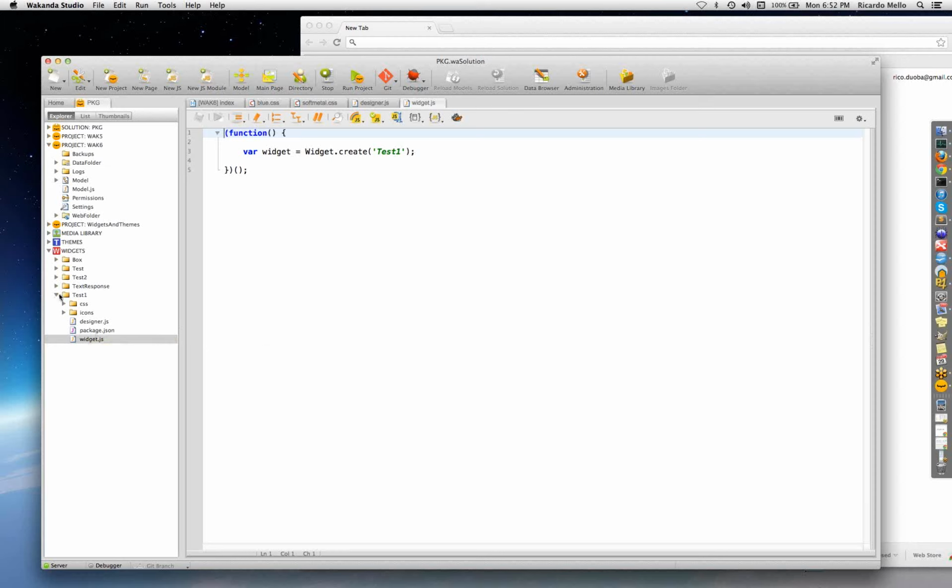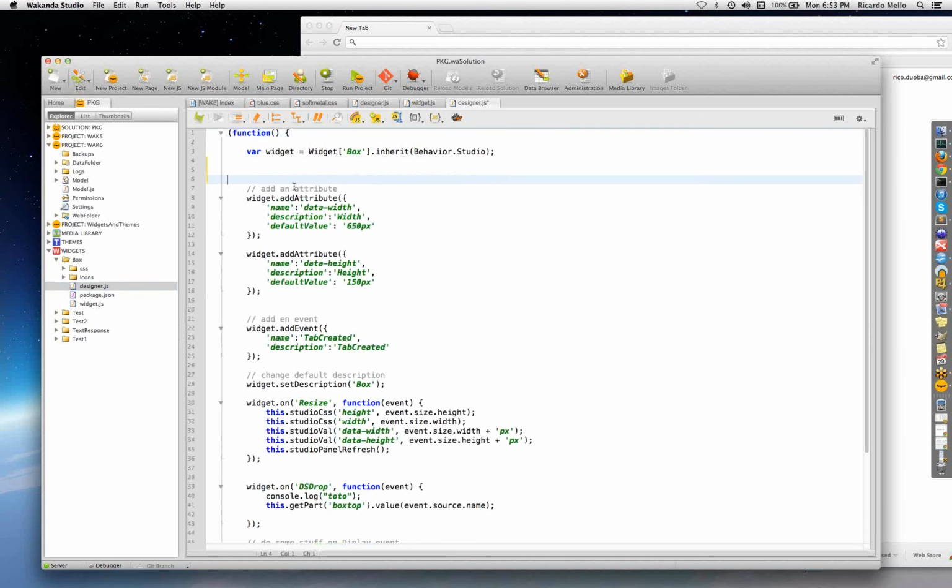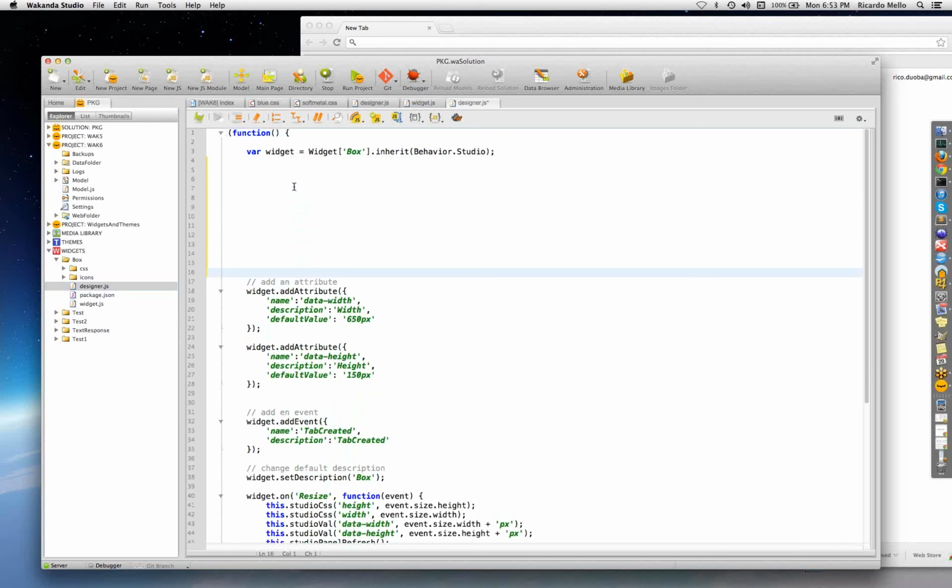I just created to show you the structure, but I already have a widget here ready for us to use. So I'm going to show you the designer.js, and I'm going to try to go fast, or rather very concise, so you can see pretty much what we're going to be doing. If I go to design.js, forget this whole section under here for a bit. I'm going to go slow. The first thing is,